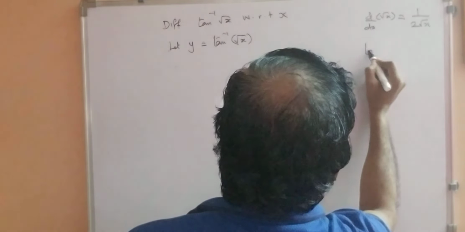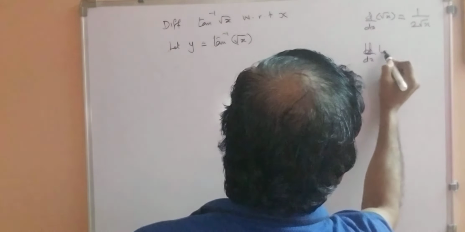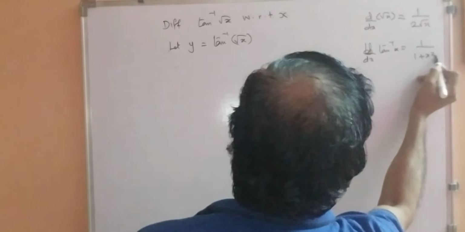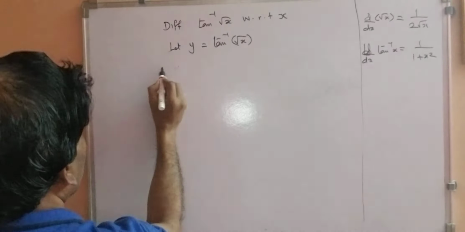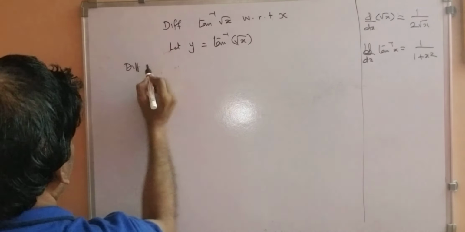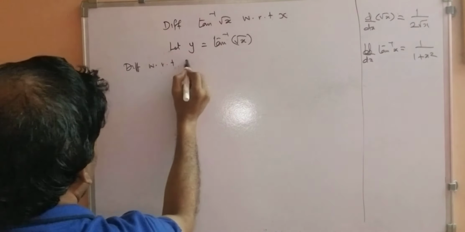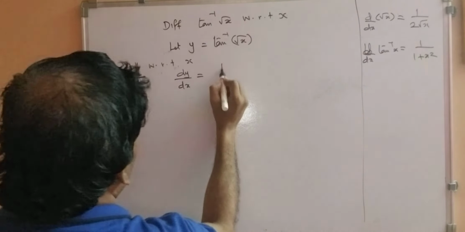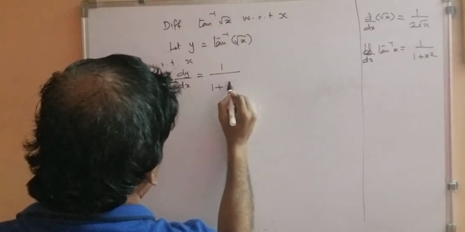What is the derivative of tan inverse x? 1 upon 1 plus x square. Mind well. So, differentiate with respect to x, dy by dx equal to 1 upon 1 plus root x the whole square